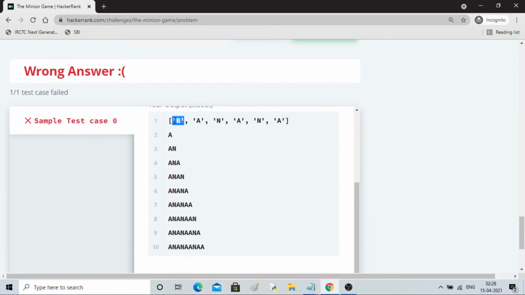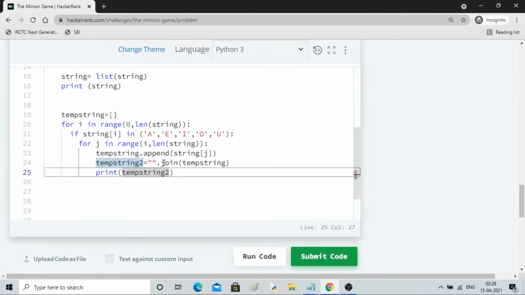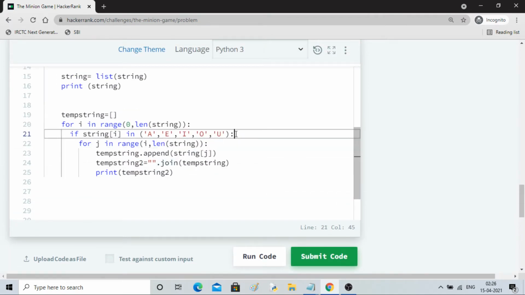So it checked for B. Since it is not a vowel, it will go to A, start from A, then AN, AN A, then AN AN, and so on. It keeps on appending, so I have to initialize it again for the next.